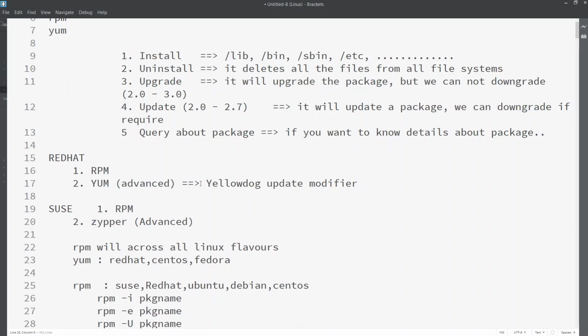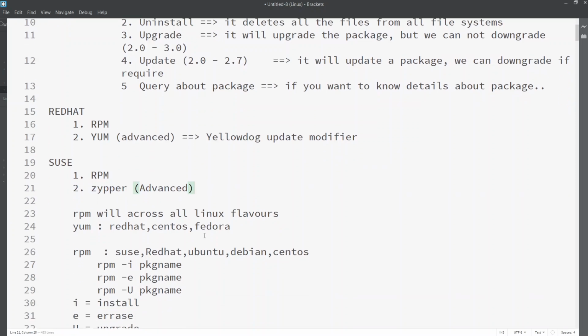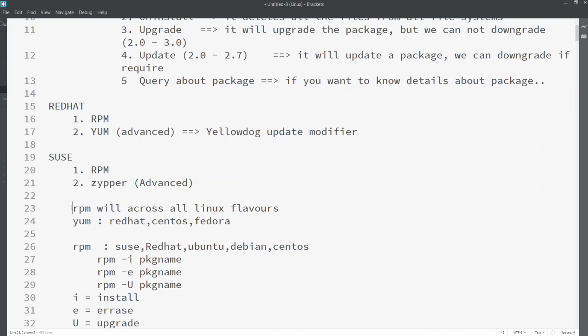And if you talk about SUSE, there are two things here. Same as RPM, and one more is Zypper. It is the advanced one. RPM will be there across all the flavors like Red Hat, CentOS, Fedora, SUSE, Debian, even Ubuntu.